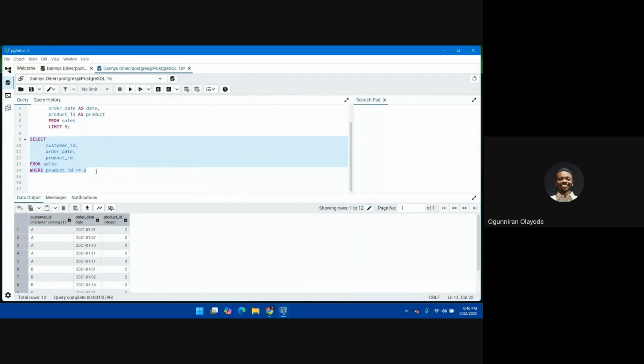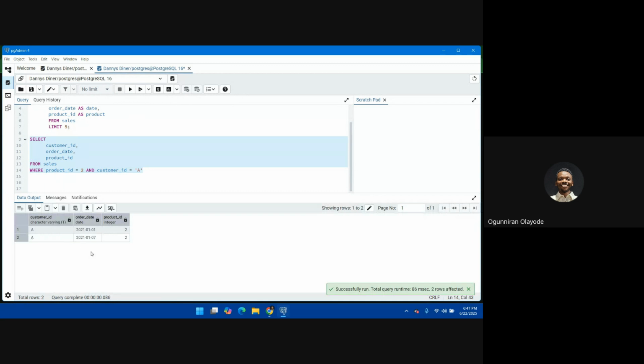Now let's go to writing our queries. So for this query, let's say, select star where the product ID is equals to 2, and the customer ID is equals to A. That is, these two conditions must be met before this is going to give me any result. If there's no row that met this condition, then it's not going to return anything. So if I run this now,